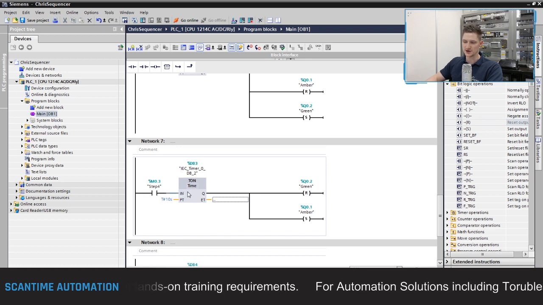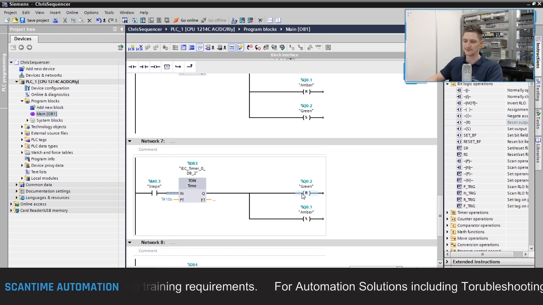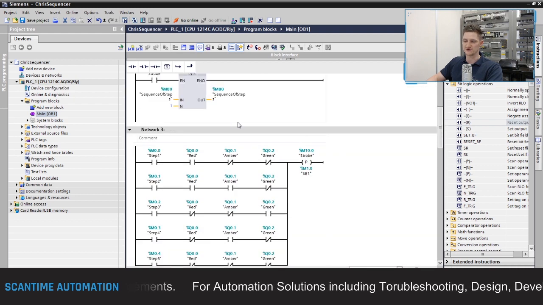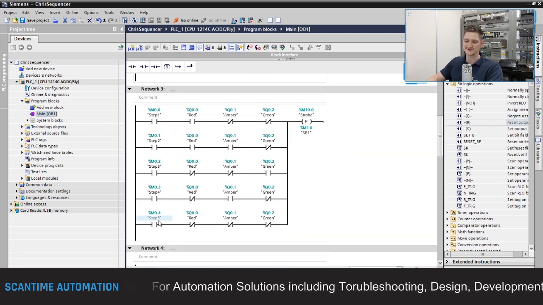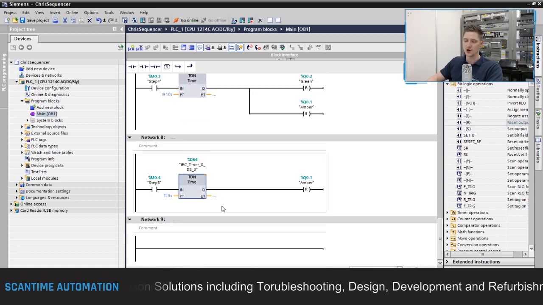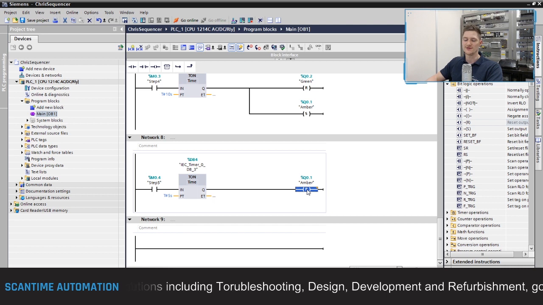Step 4 turns on, it then waits 10 seconds for the green to be on, it then resets the green and then sets the amber, triggering our shift register once again, moving the bits one place to the left, turning on step 5. Step 5 then turns on, waits 5 seconds for the amber to be on, then resets the